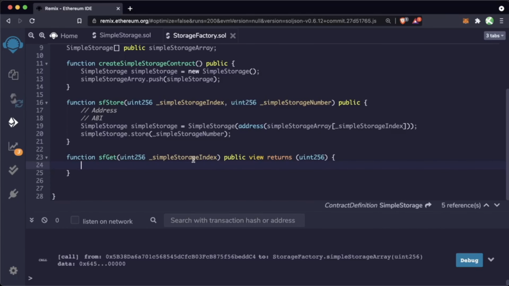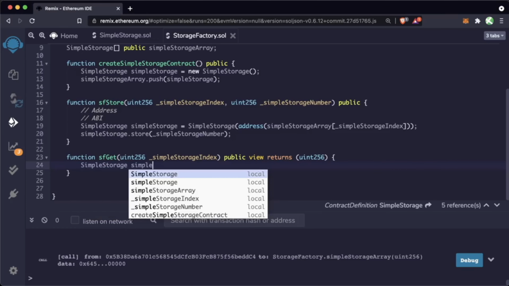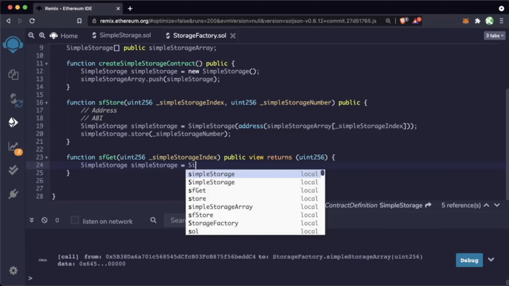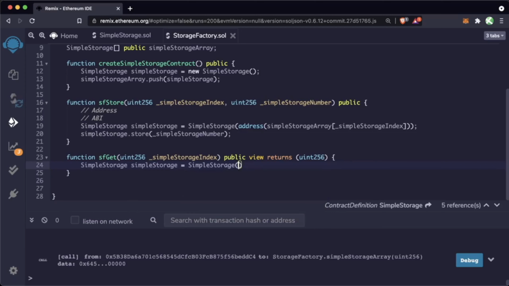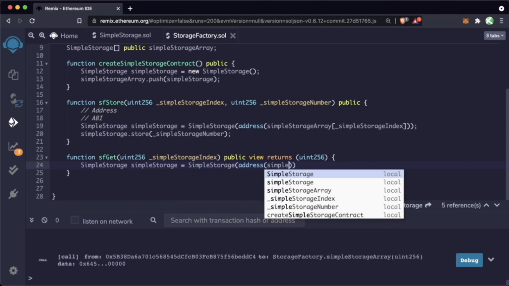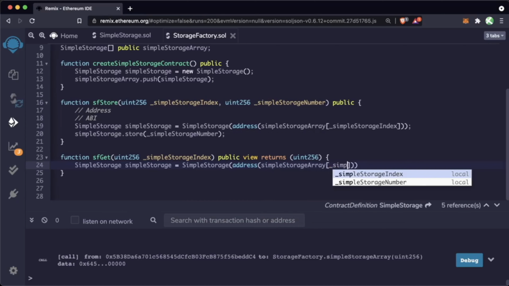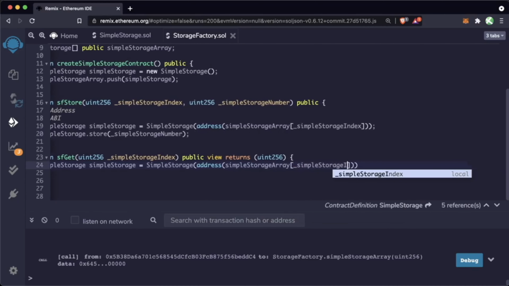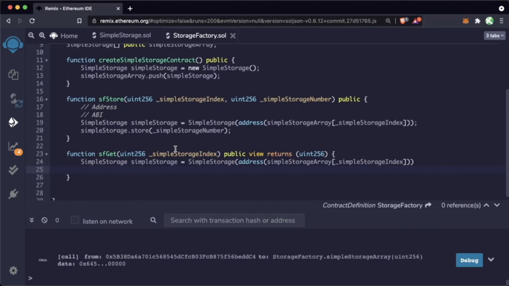To do this, we need to access that contract once again. So we'll say SimpleStorage simpleStorage equals SimpleStorage at that address of the simpleStorage array at index _simpleStorageIndex, and we call, and we can return